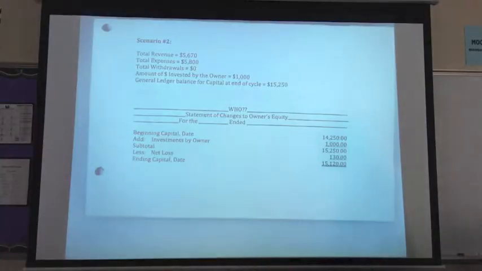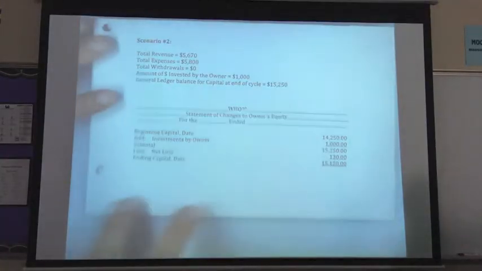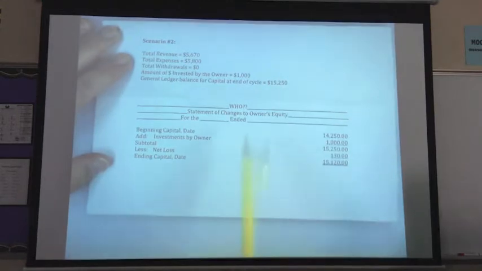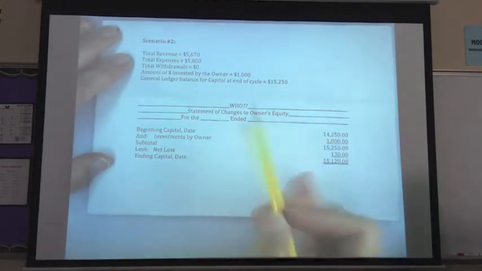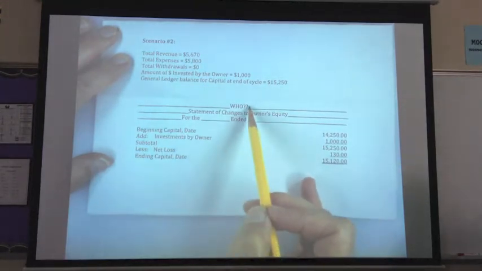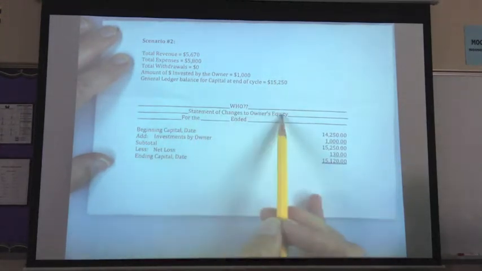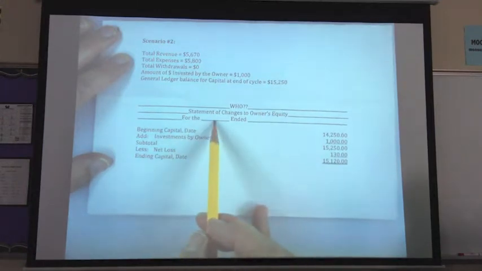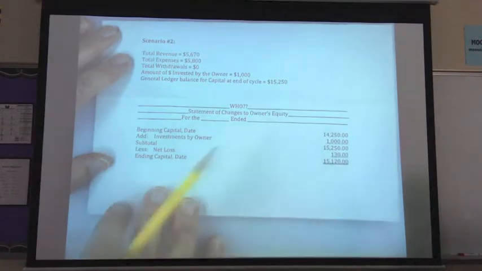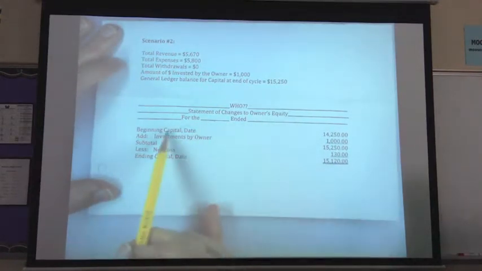Time to check your work. Here's scenario number 2. Now I've got it set up here kind of like a statement of changes in owner's equity. You would have your 3-line heading where you would put who the company is. You'd write statement of changes in owner's equity, and then you'd write for the month, year, period, quarter, ended, and then the last day. In this particular one, we had a beginning capital of